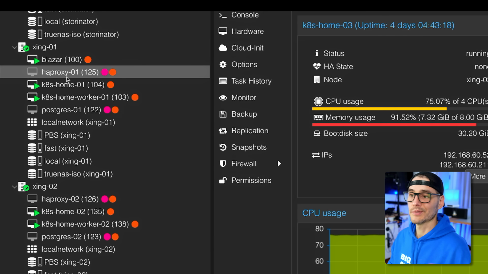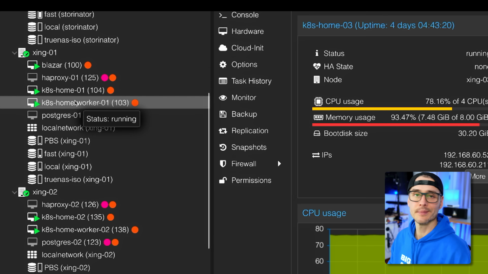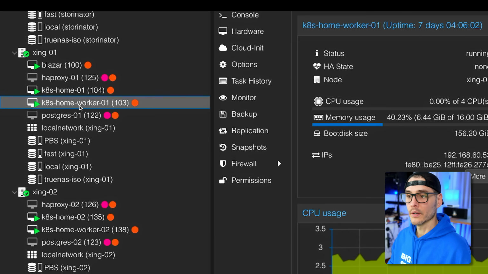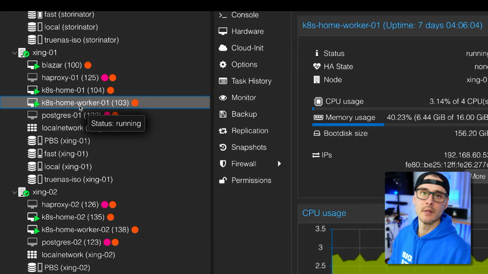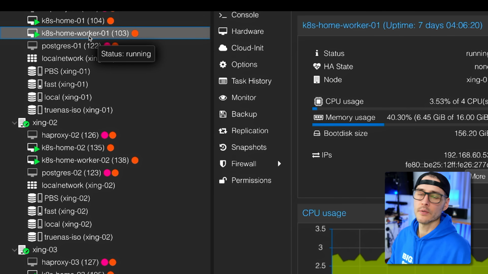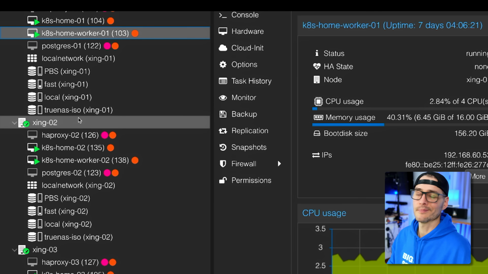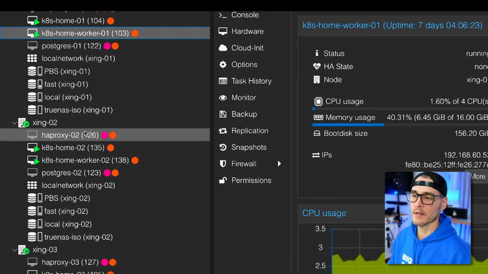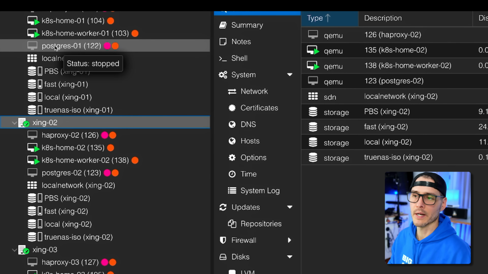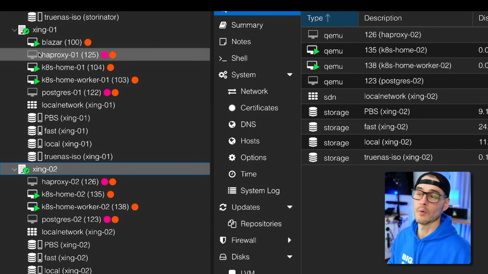So those 3 nodes just manage this Kubernetes cluster and the state and the API. And then on each of them, I have worker nodes that pick up some of the pods that I deploy to them. So as I deploy services through Kubernetes, they'll just land on one of these nodes. Which nodes? I don't really care as long as it lands on one of them. And then if this node goes down, it'll shuffle those around and continue on working.